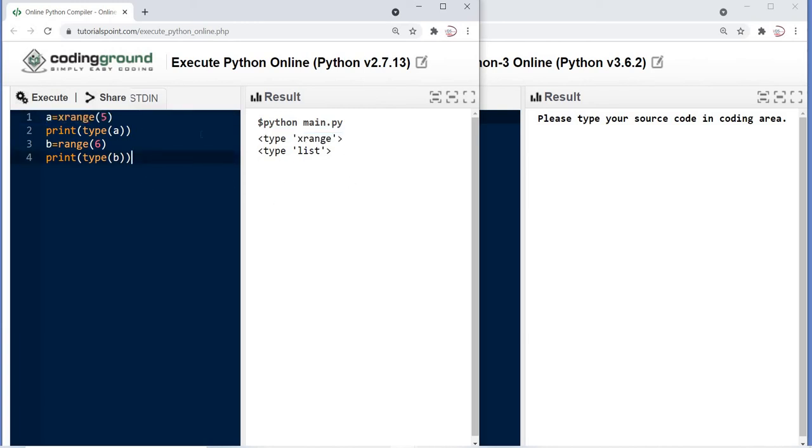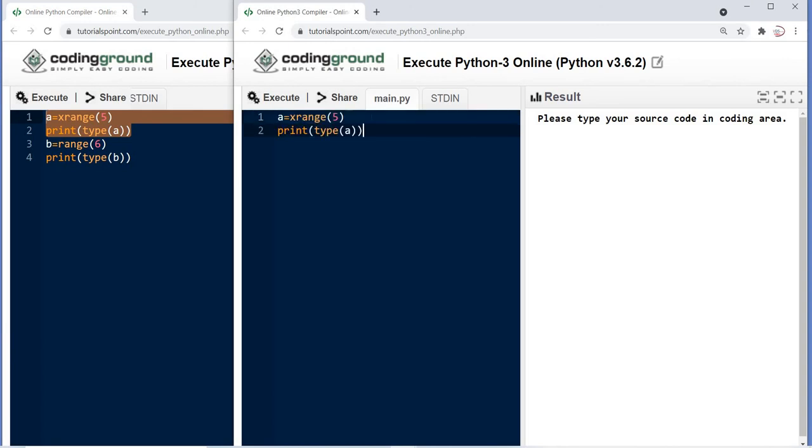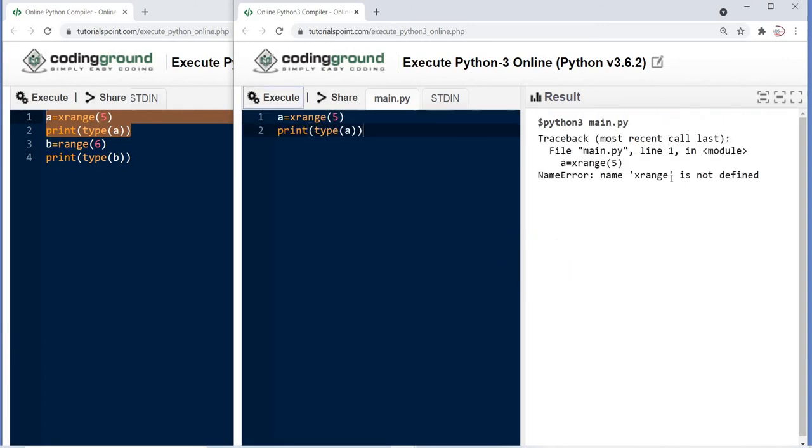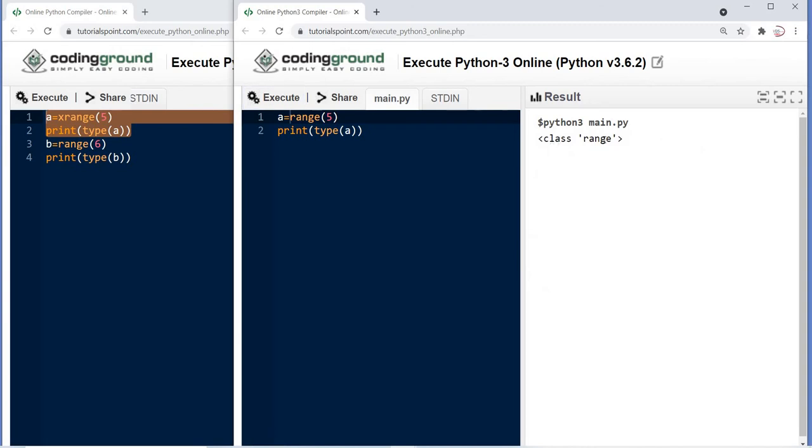Now the next thing we'll see. There is no xrange function in Python 3. This is Python 3, and now if we execute, see what it will do. Name xrange is not defined, and now if we put a range only, it will give you class range.